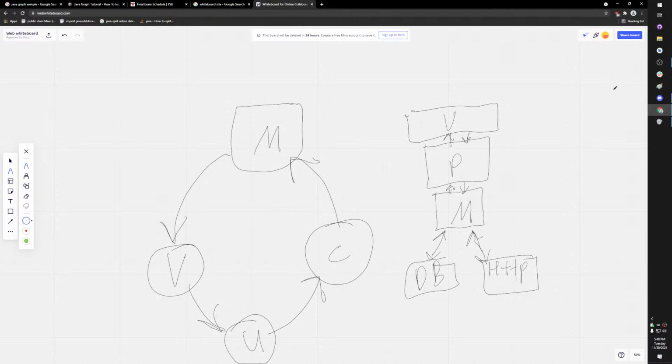But yes, you are right. Yeah. Well, through the model and the user. So that's sort of where I was getting to with this drawing: